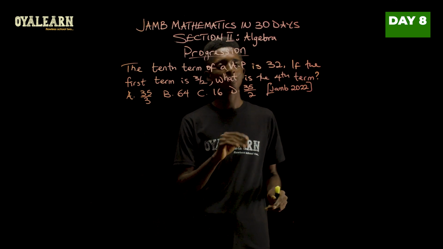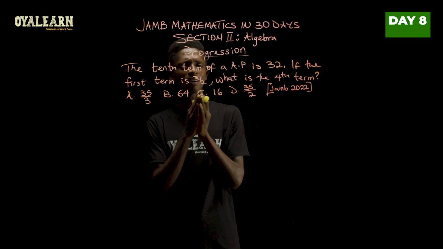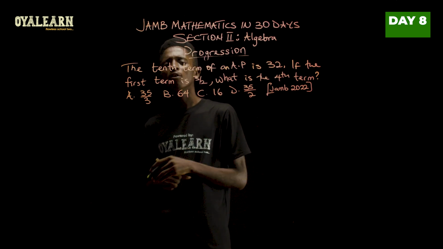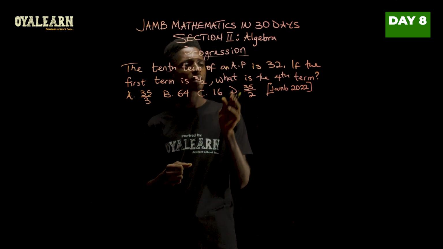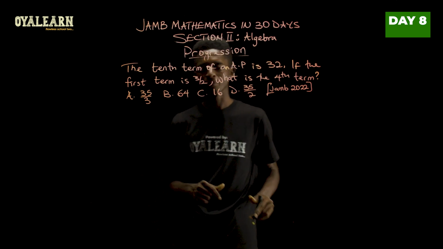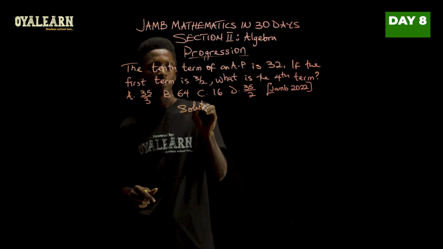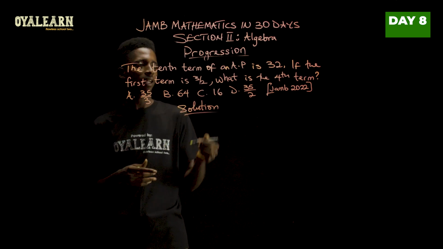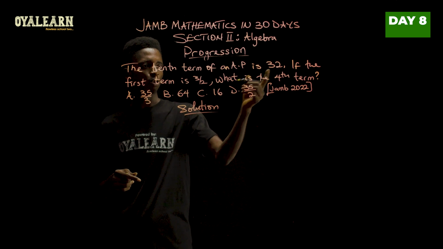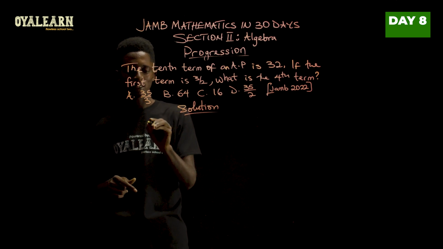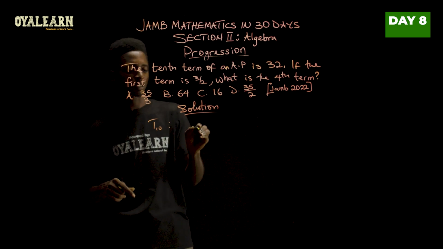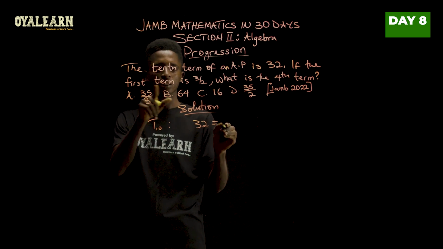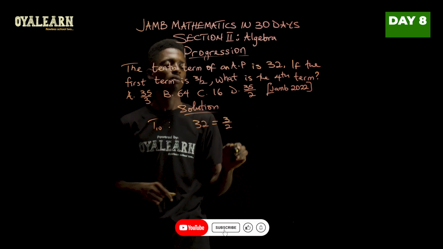Now, let's solve this AP question that says the 10th term of an AP is 32. If the first term is 3 over 2, what is the fourth term? Now, in order to find the fourth term, first let's find an equation that connects all of this. So the 10th term, that is T10, will be given as 32 equals first term, which is 3 over 2,